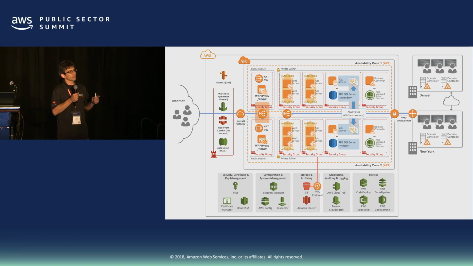AWS Config, if something changes in your architecture, so let's say someone changes an instance type or a firewall rule, Config notifies you. And Config lets you take actions to revert back whatever a fat finger has done to you. S3, object storage, you can store all your logs into a central location. And then from there, you can run analytics and identify any anomaly that might be happening in your application that you have never noticed before.